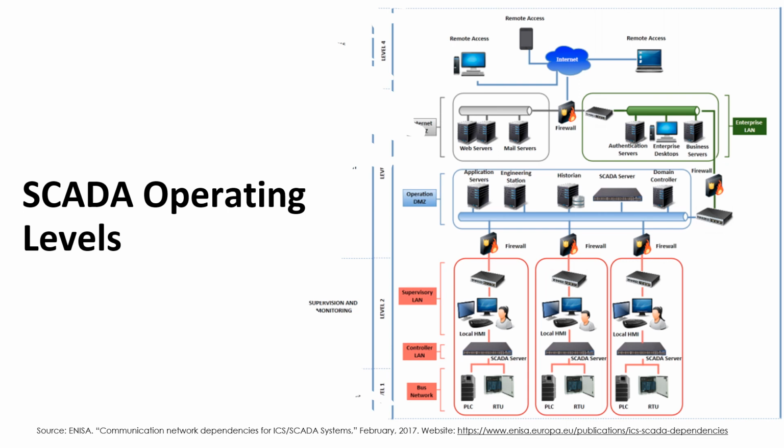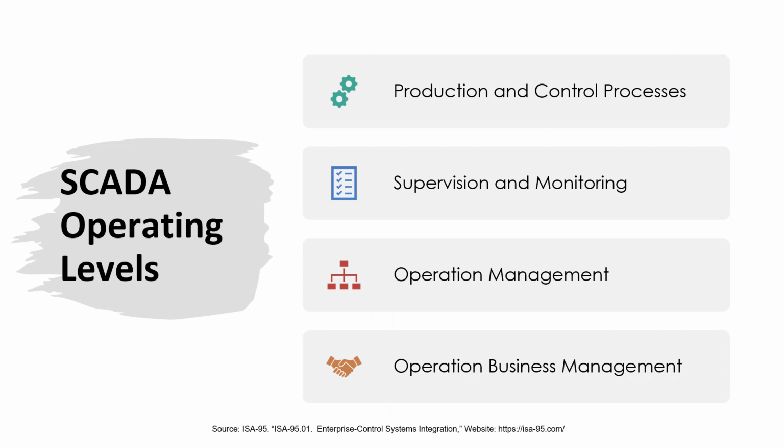In contrast to the previous SCADA layout, the International Society of Automation's ISA 95 standard delineates the SCADA architecture into 4 levels: production and control process, supervision and monitoring, operation management, and business operation management. The 4 operating levels of a SCADA system are detailed in the following: